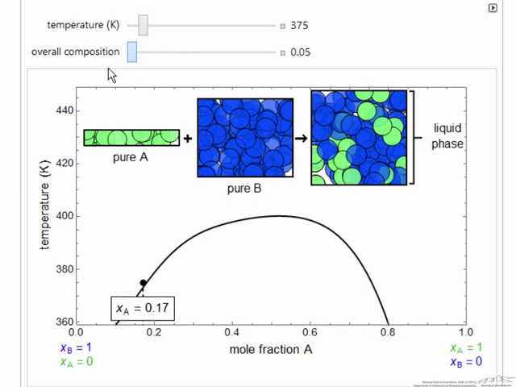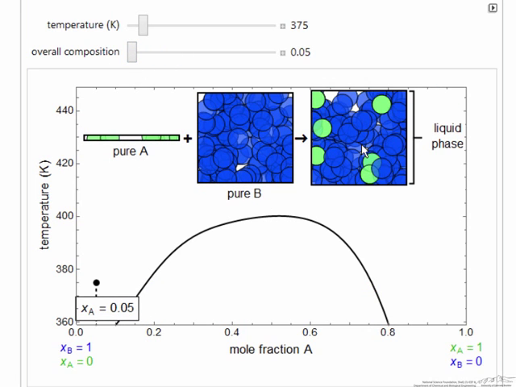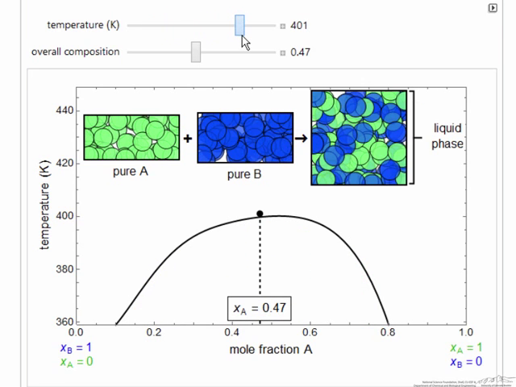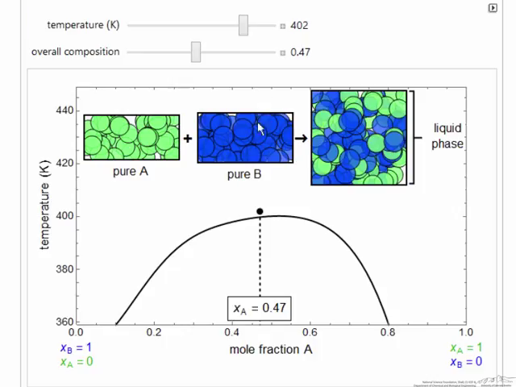And I can lower the mole fraction so that we only have one phase. This one phase only has 5% component A here, as represented on the right. Now, at higher temperatures, of course, high enough temperatures, we only have one phase. And as we raise the temperature, the composition range where we have phase separation, partial miscibility, decreases. So hopefully by using this simulation, you get a better idea of the behavior of two liquids that are only partially miscible.